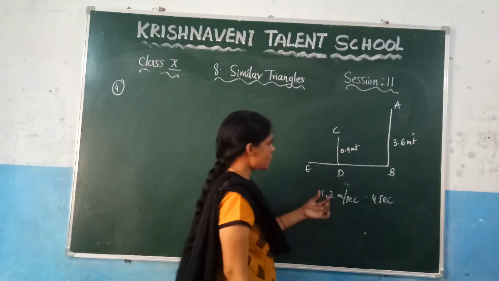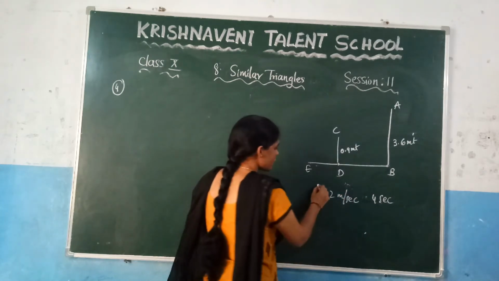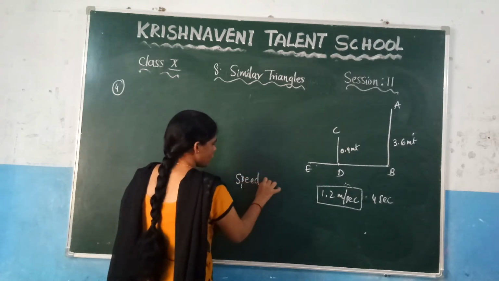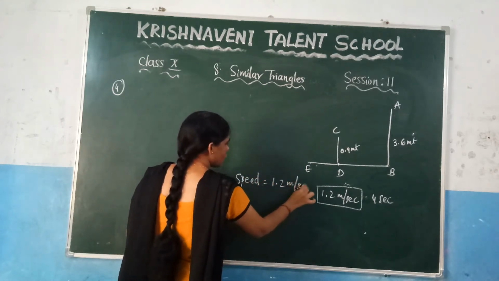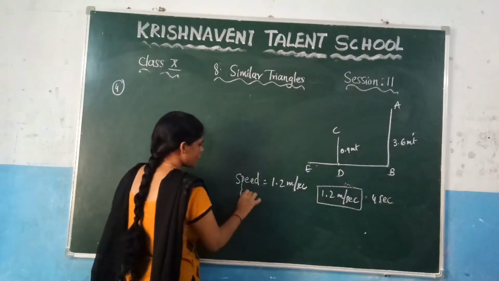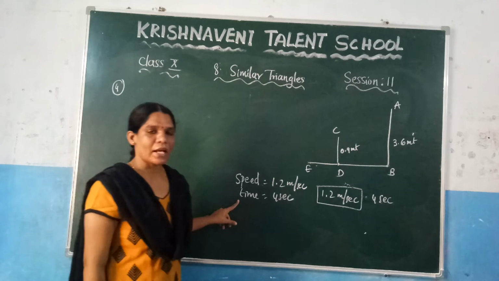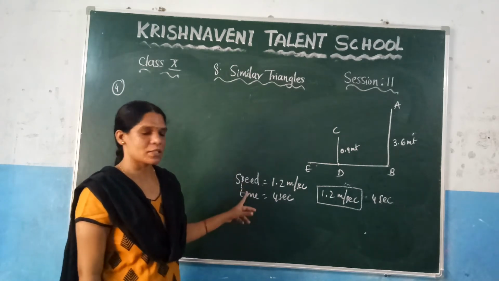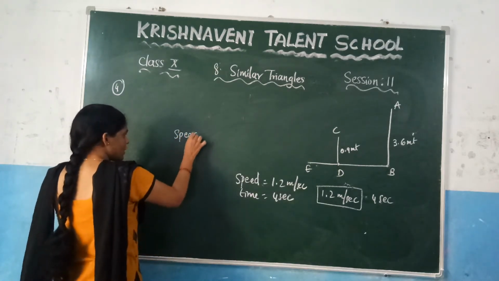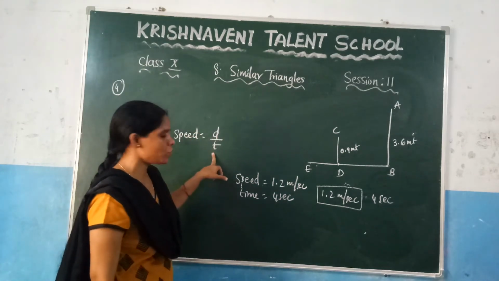So here you can observe that what they have given here, the girl is walking at a speed of 1.2 meters per second. This is the speed they have given. For how many seconds she is walking? For 4 seconds she is walking. That means here they have given the time also, which is 4 seconds. If you know the speed and the time, you can calculate the distance, right? You know the relationship between the speed, time and the distance. What it states here, you know that speed is equal to distance by time. Since you need to find, you know the value of the speed and you know the value of the time.